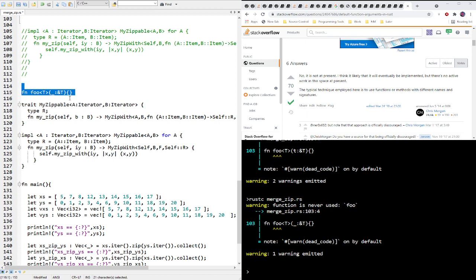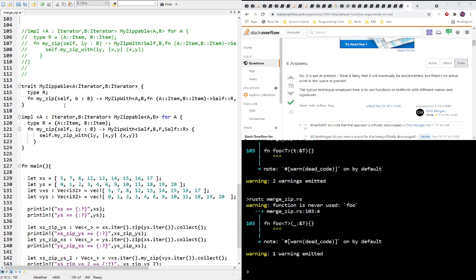Yeah, this is not going to take me down anywhere sensible. In order for this to work, I would have to be able to take a value and ask for its type,